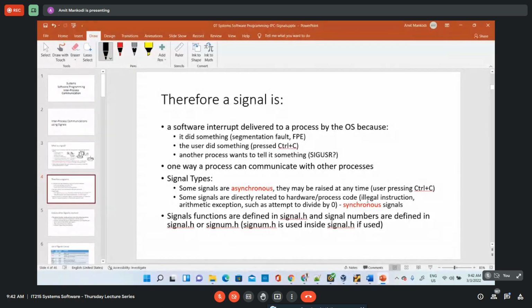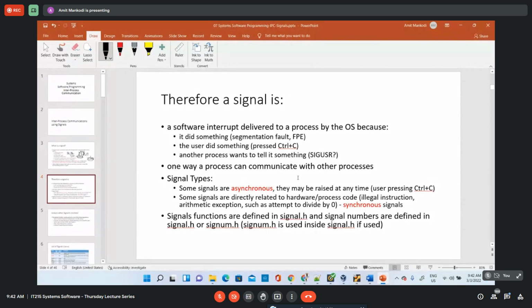But synchronous is where the process has something in the code which has caused the signal to occur. One process can actually send a signal to another process, and we will look at that also. For example, a parent process can send a signal to a child process and things like that. So we'll look at such scenarios as well. Here also, the process which gets a signal does not have control over when the other process will be sending the